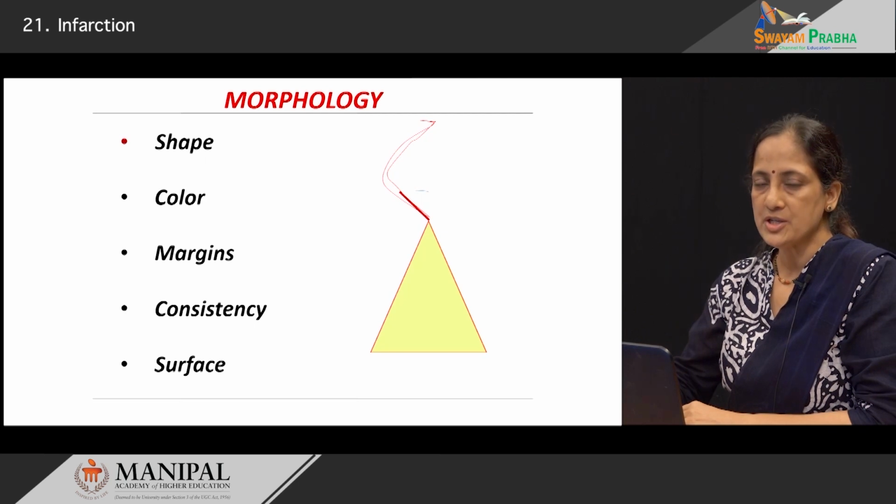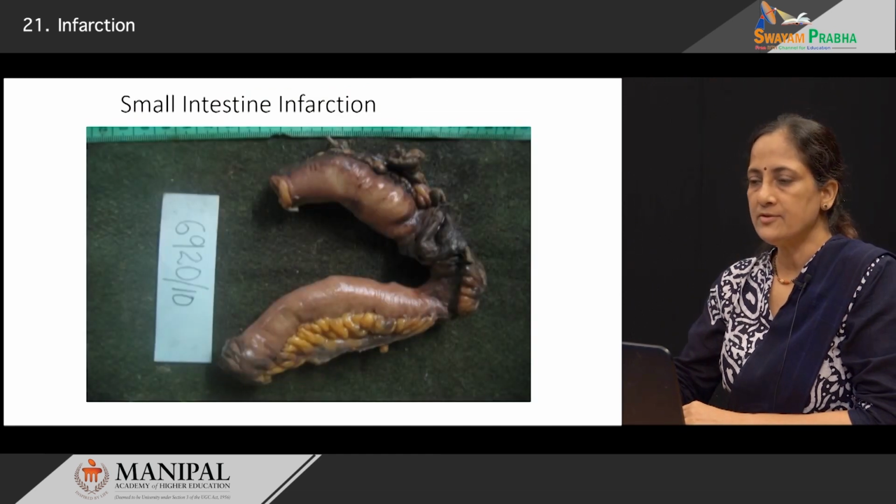But once granulation tissue with fibrosis develops and replaces the infarcted area, it becomes more firm in consistency because of the underlying scar tissue. On the cut surface, usually that area will show us the color and the consistency, which is softer, whereas the capsule of the organ which is involved will show an opacification of the capsule, which is normally translucent and shining. For example, here we have a segment of small intestine that has undergone infarction because of a mesenteric vessel being occluded by a thromboembolus.